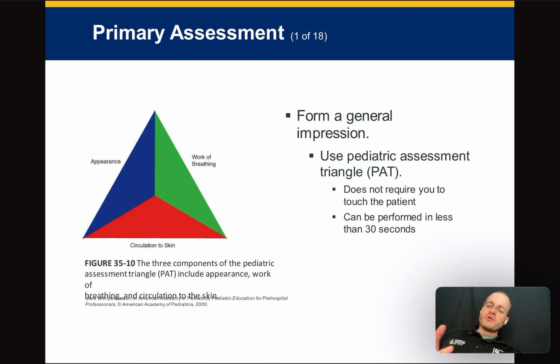In fact, when I used to work at the hospital at Cook Children's, we had what's called the podium medic. You would sit at this podium at the doors of the ER, and every patient that walked through the door, very quickly, what's going on today? I would take a look and do my quick pediatric assessment triangle. Okay, the kid looks terribly ill, red, right? Or we'd sometimes just take them back to our resuscitation room, or yellow or green, and that would determine how quickly are we going to triage this patient, or are they going to go to a waiting room, things like that.